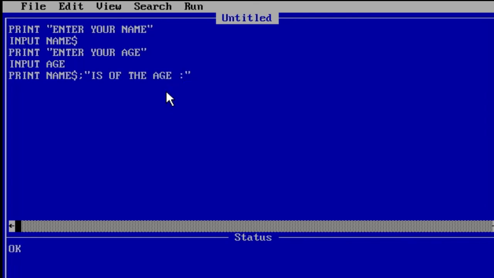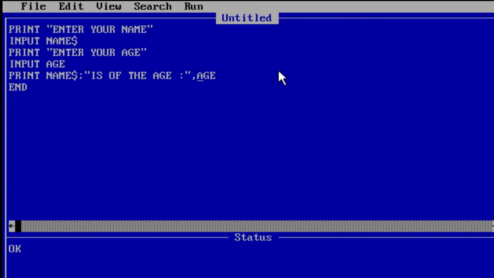And then age, and then end. Compilation failed. Why? Because you have to put a comma here. Got it? Look at this: on the first line it is print enter your name, so it will be displayed on the screen.